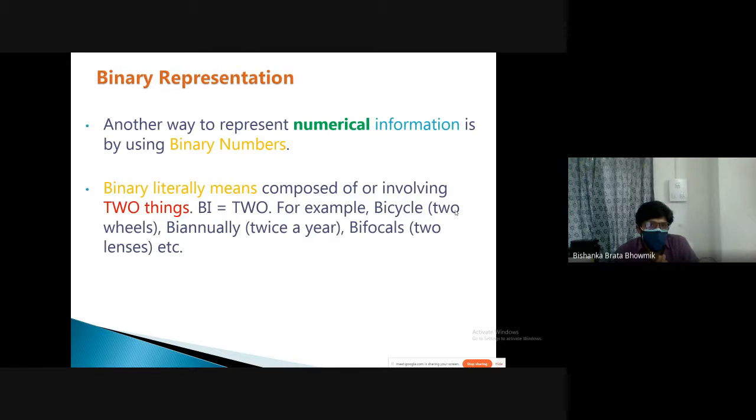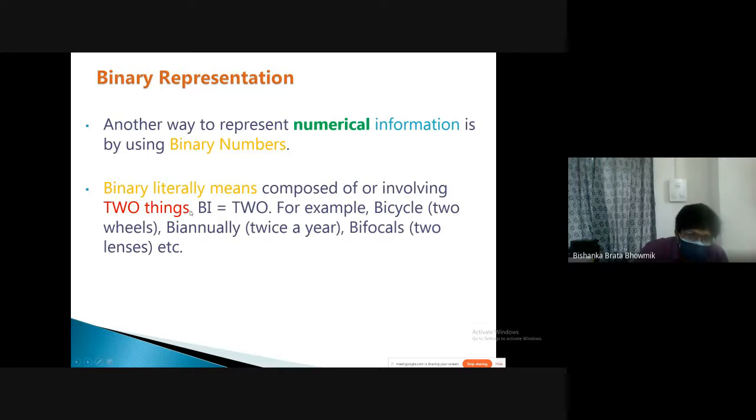The same way, we're going to put this binary representation. Now what does binary mean? Bi means 2. Okay, and in numerical terms, if it's 0 it means this is off, and 1 means this is on. So in the binary case, we use all this stuff in our computer, right?